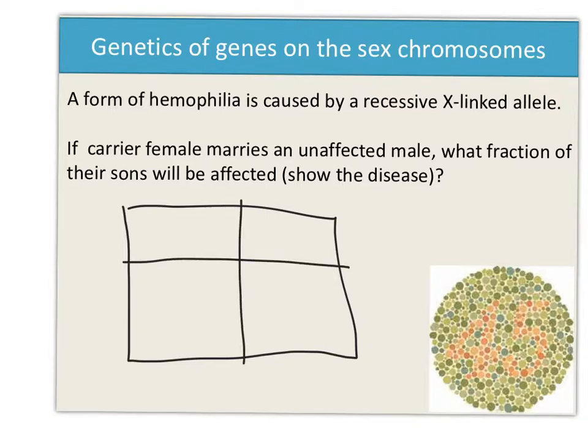Okay. Up on top is a male that's unaffected. So he's X and he's also Y. Okay. And then the female is XX, right? So she's got 1 normal X and then she's got 1 bad X. So we just go across as we did before. Here we have X, X,